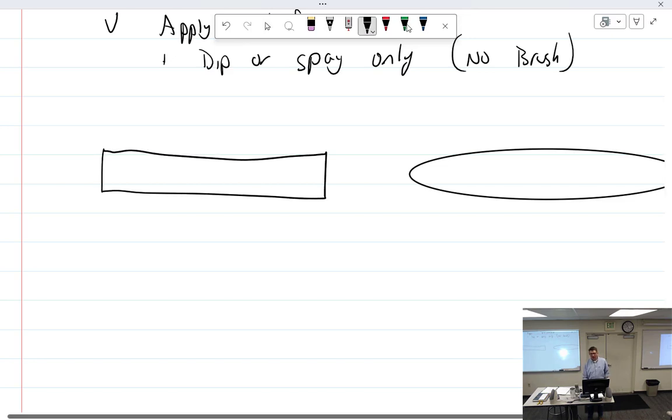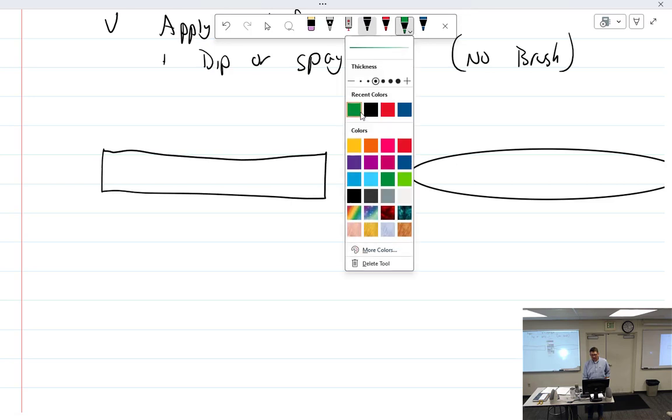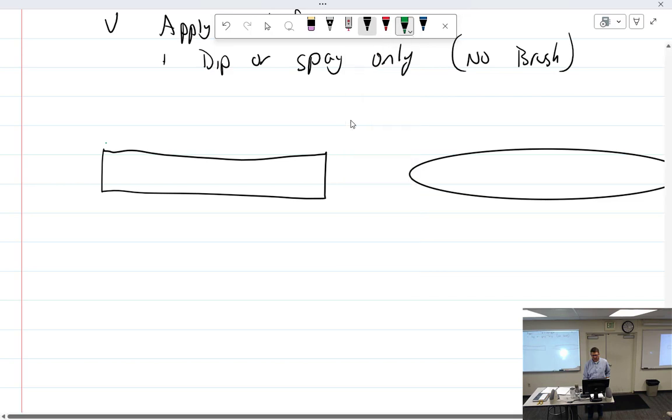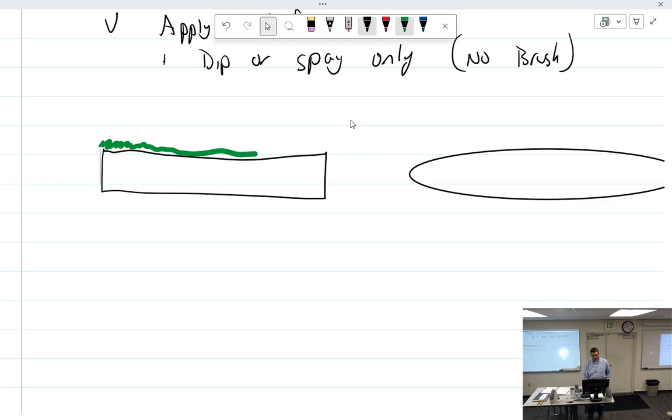Okay, so we apply our penetrant to the part. Penetrant to the part. It's on top of the part. And then what's going to happen is we are going to,